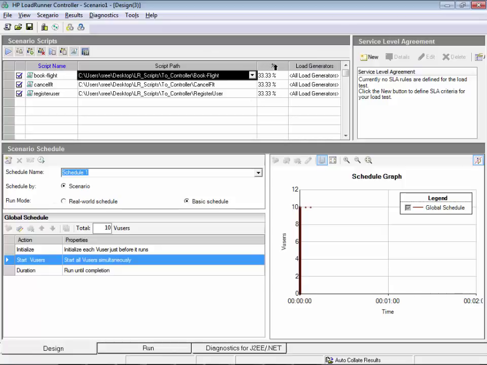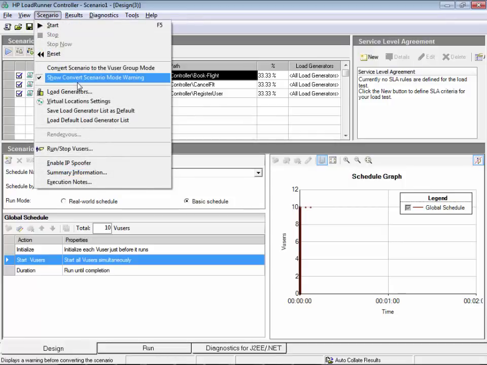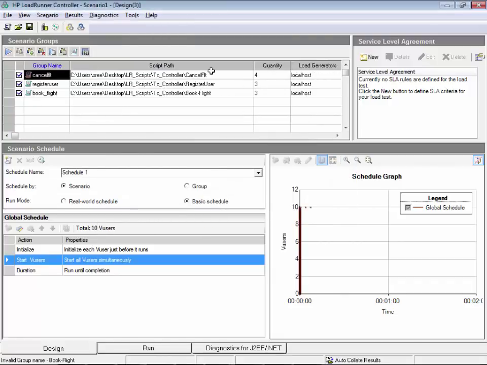Okay, so here we have percentages. There is a reason why we have percentages here. So go to scenario and you say convert scenario to users mode. By default it will be typically user mode, but for me somehow it is percentage. If in case it is showing percentage, just go to scenario and just say convert the scenario into percentage mode. Now you see